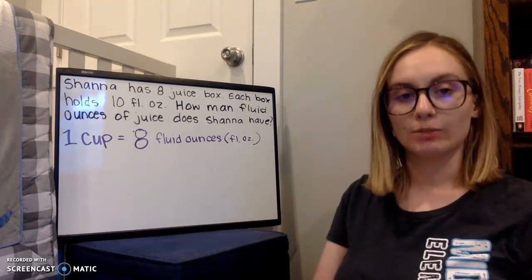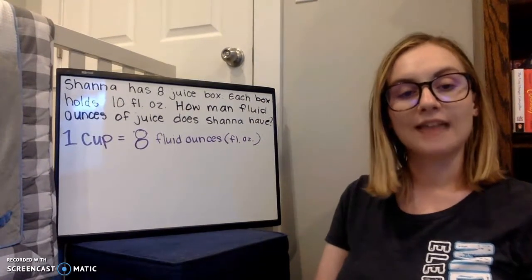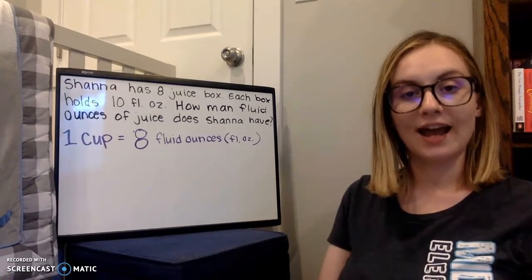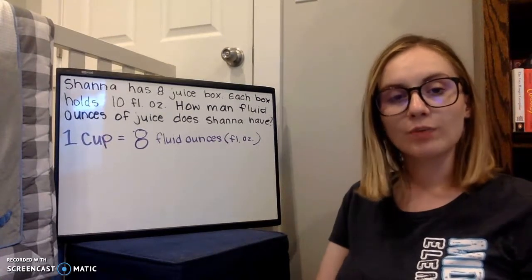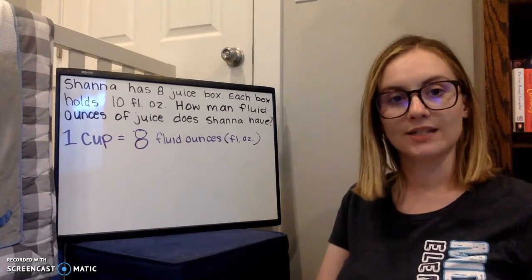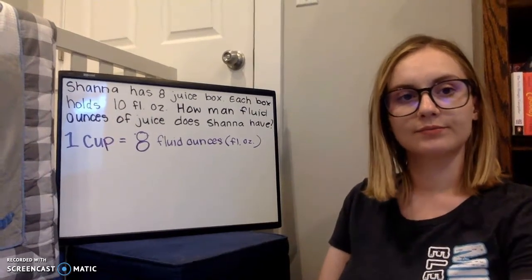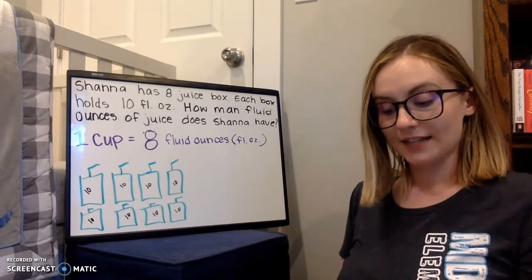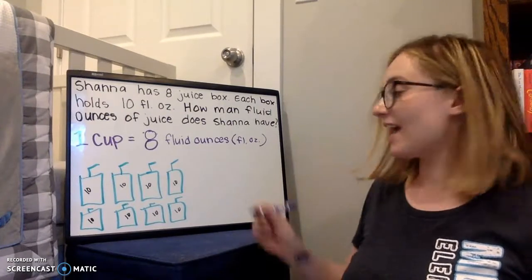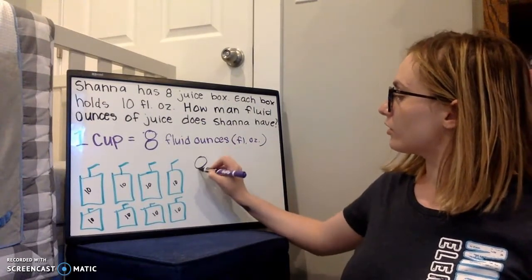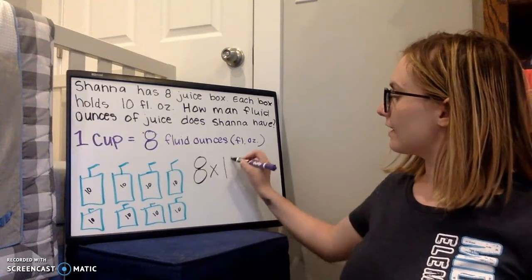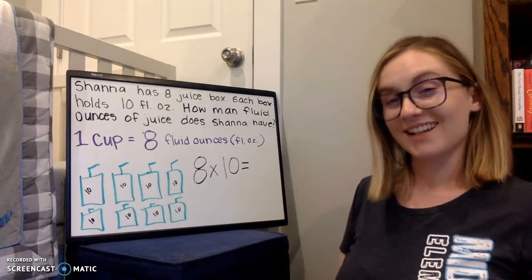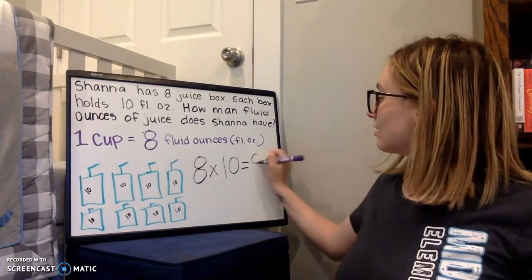Shanna has 8 juice boxes. Each box holds 10 fluid ounces. How many fluid ounces of juice does Shanna have? Okay, she has 8 juice boxes and each have 10 fluid ounces inside of them. I'm going to draw that. So I've drawn 8 juice boxes and each one has 10 ounces in it. That sounds like it is 8 groups of 10. So I'm going to do my equation. 8 groups of 10 equals, well, when we multiply by 10, we just add a 0 onto that other number. 80